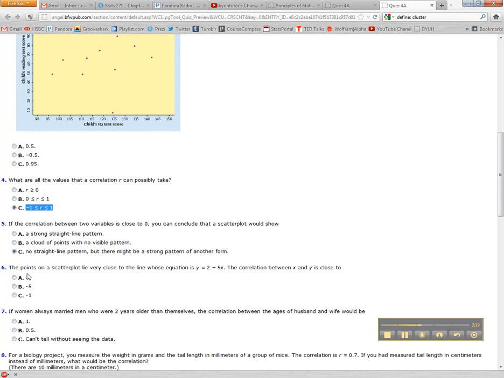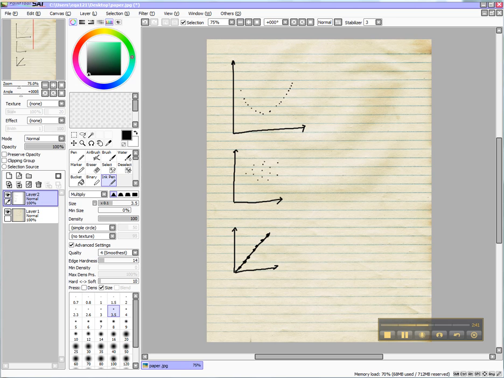So number 6 asks us, the points on a scatter plot lie very close to the line whose equation is y is equal to 2 minus 5x. The correlation between x and y is close to. All right. 2 is our y-intercept, right? And b is our slope, and it's a negative slope, so it's a line that's going downwards, right? Yeah, it's going downwards. Let me just draw that out real quick. So a negative slope